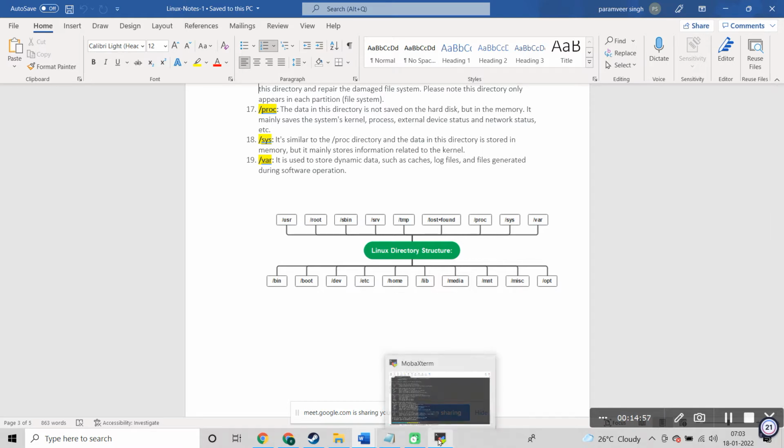Once you log into the system, as I told you, we have a client, and the client needs to connect to the server. That means if a server is somewhere, as we created an account in Azure and created a server there, we need to connect to that server. For that we use a client, which is MobaXterm.